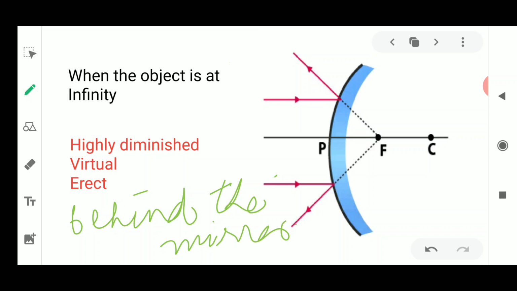Okay, and what will be the size of the image? The size of the image is highly diminished. What is the nature of the image? It is virtual and erect. Okay, so these two are the nature of the image, which is virtual and erect, and it is very much